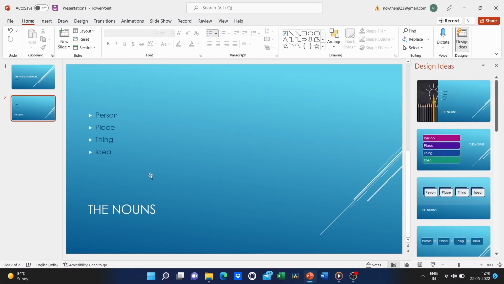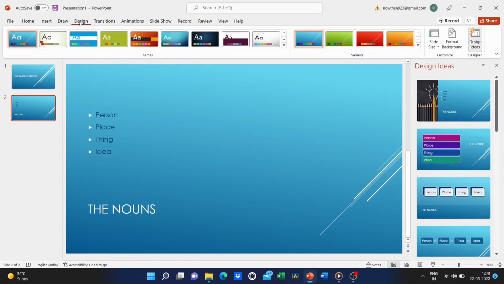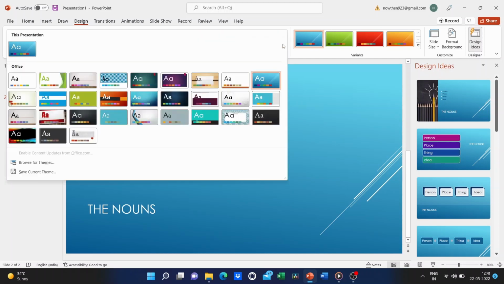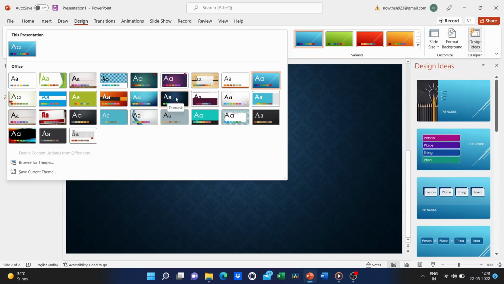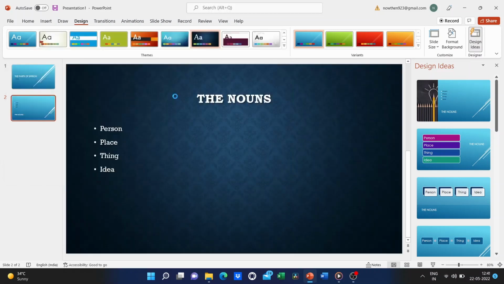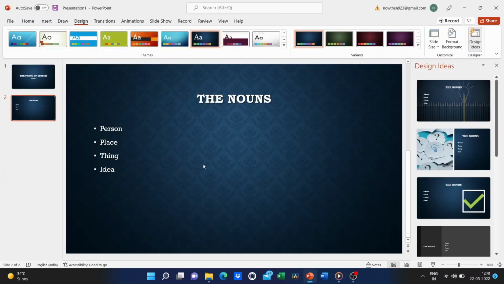But to be honest, I just think this is too much for me. I'm not used to having the title of the individual slide at the bottom of the screen. So I'm just gonna have to go back up to design. And I'm gonna have to pick a different design theme. Maybe this one. But isn't that nice that you can change your mind at any time in the creation process,